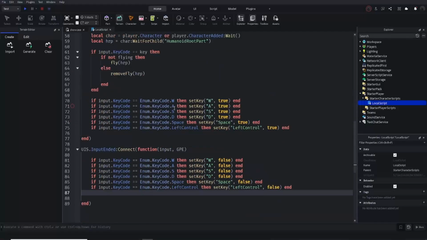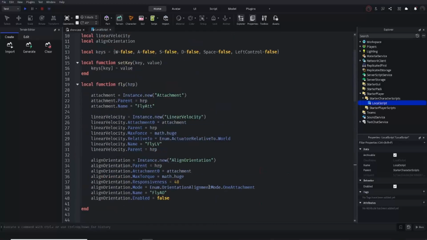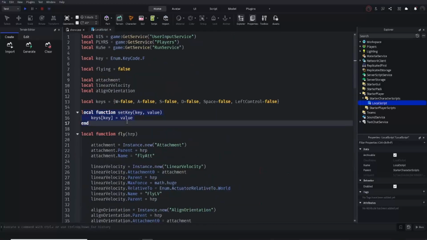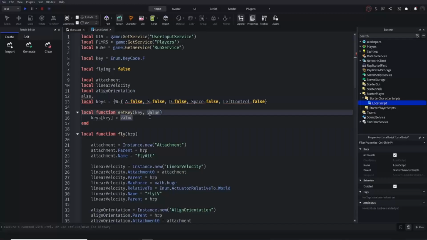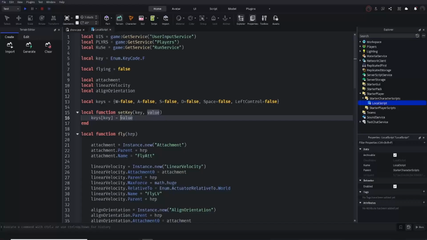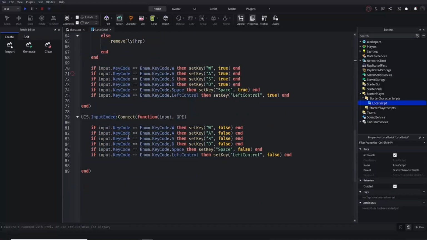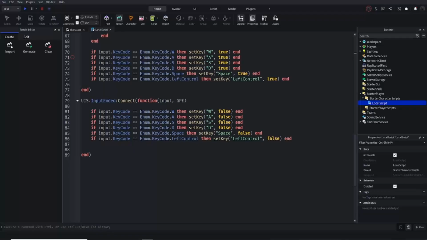So every time you press W, for example, the key is going to go inside of this function. It's going to search inside of the keys table. It's going to find the value that you're referencing. This is pretty much why we wrote it like this. And then it's going to give it the value that you gave it. So instead of false, it's going to give the value that you gave it, which is true or false, and it sets it. The reason I'm explaining and re-explaining, it probably seems like I'm over-explaining the thing,